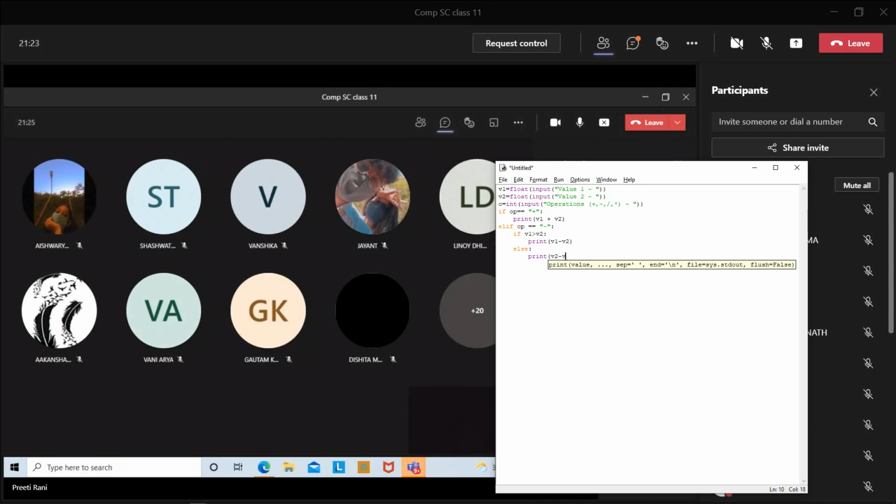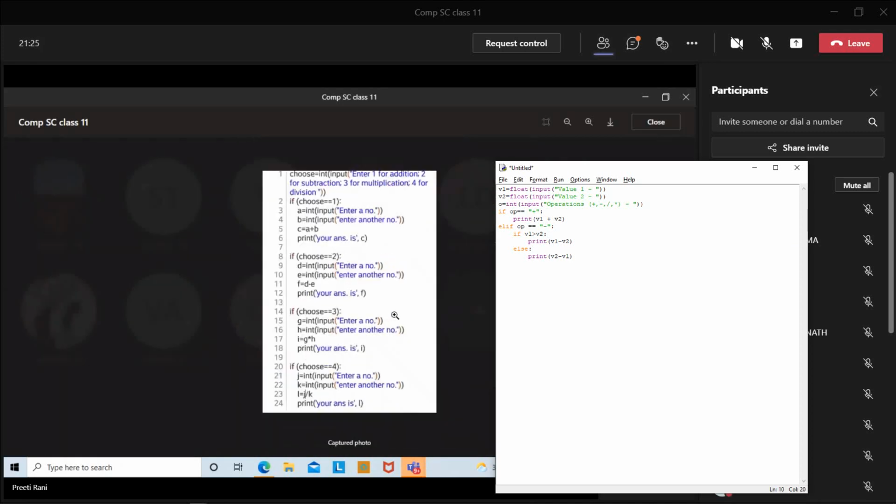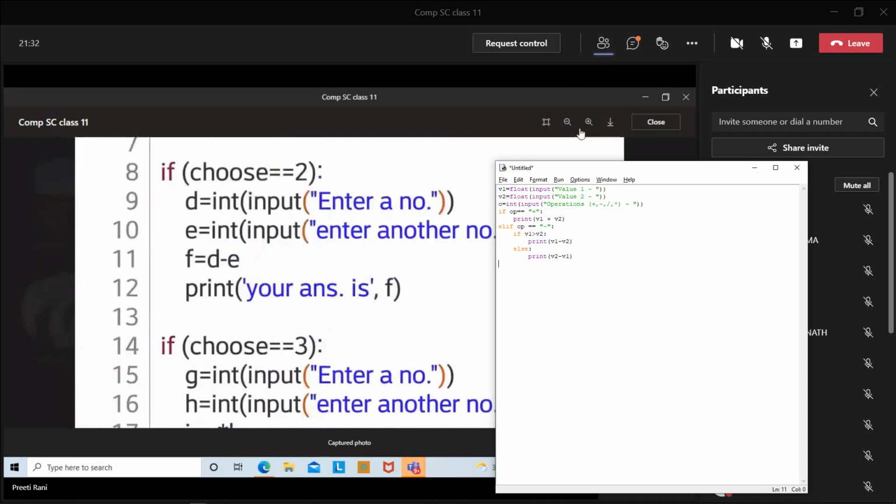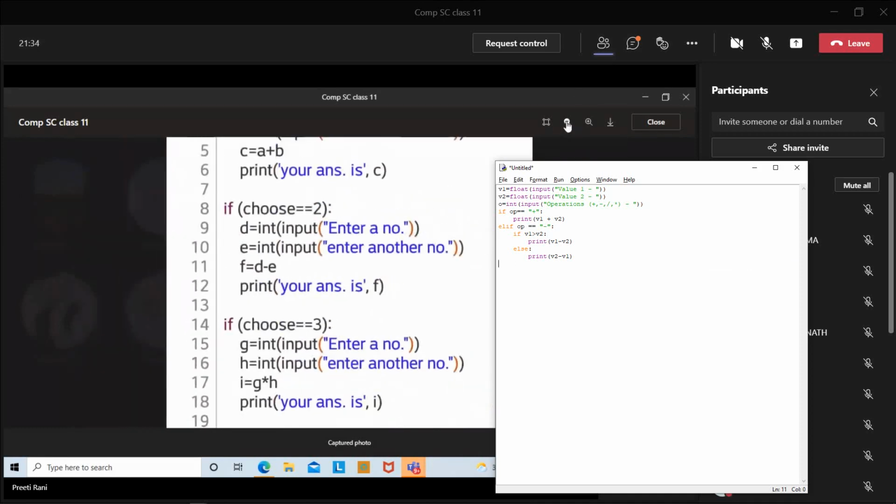Yeah, send it in the same meeting. See that. You can check that also. If there is the file, see, one minute, just a second.